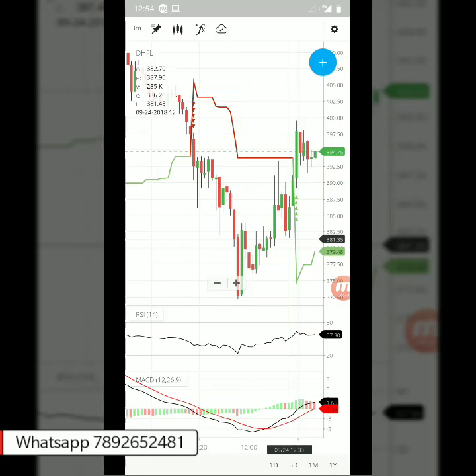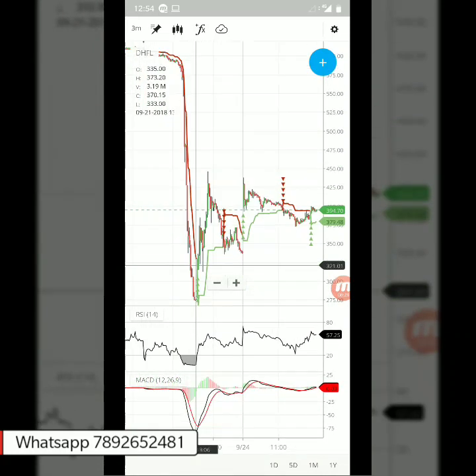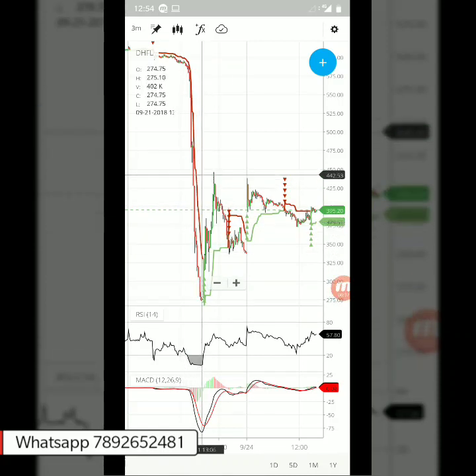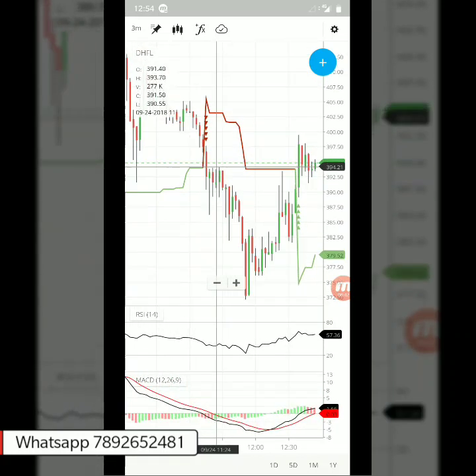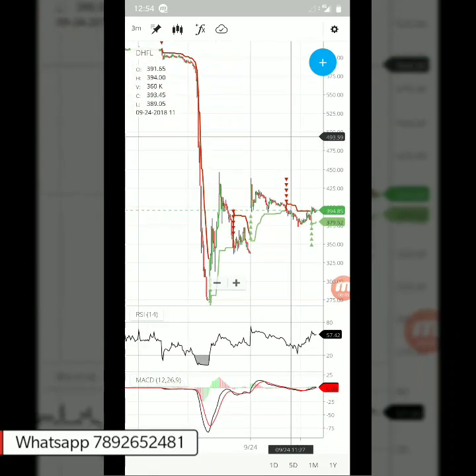If you're a beginner, stay away from such stocks because you cannot predict the movement. The falling stock can also recover. If you see the other day, many would have made this mistake. The stock is falling, many would have sold here, but the stock went back up again here. But there are opportunities, you can book from here to here also, right? So in such highly volatile stocks, just avoid them if you're a beginner, because you will get trapped. Hope you're understanding what I'm trying to tell.